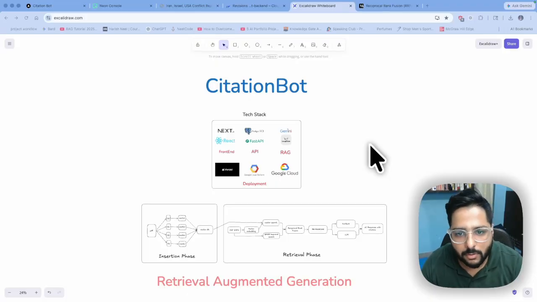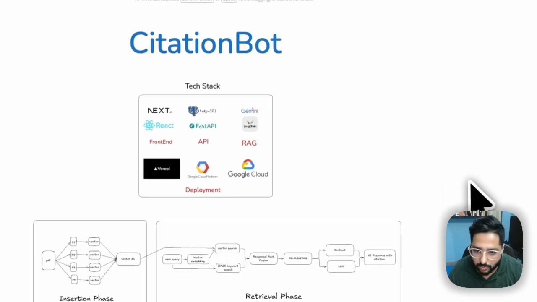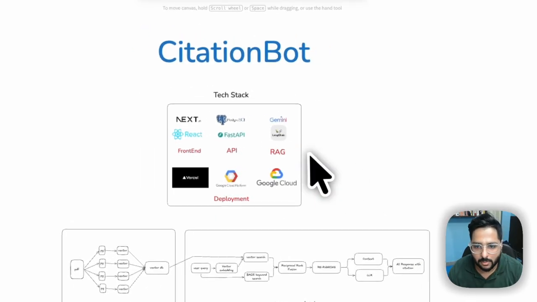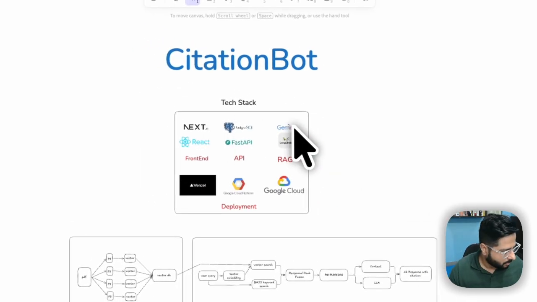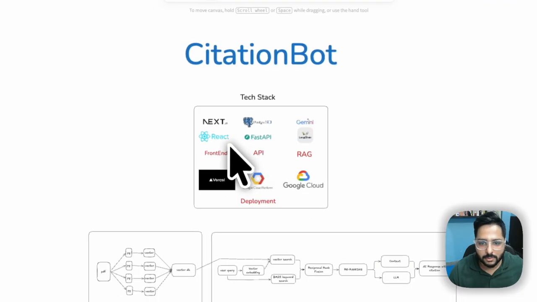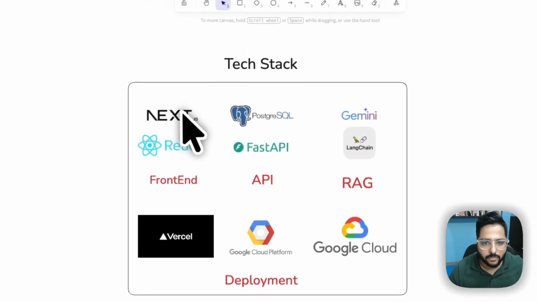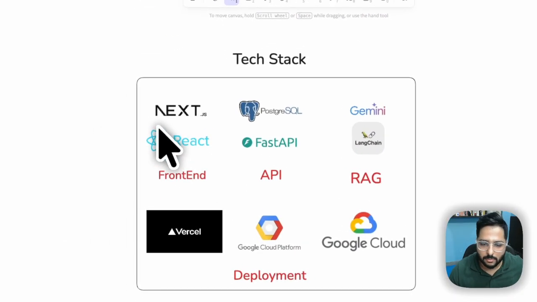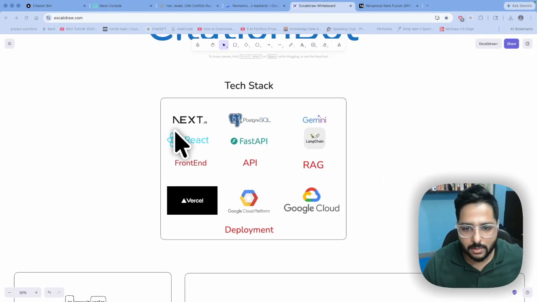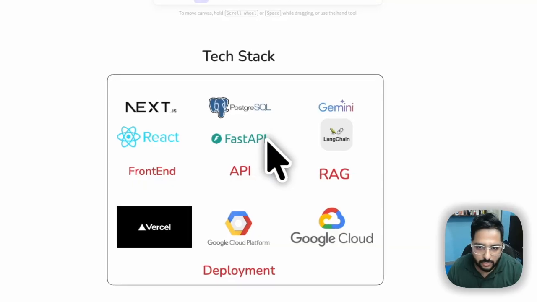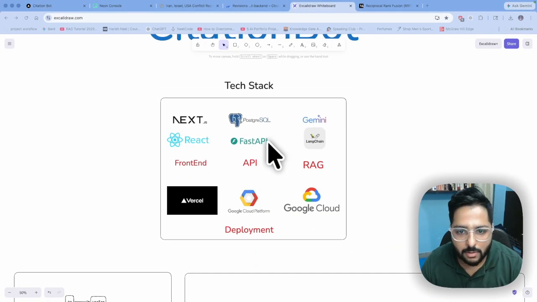Now we'll talk about what I have used to build this project. Let's start with the tech stack. For the front end, I have used Next.js and React. This is the basic industry standard way to build front end right now. For the API, I have used FastAPI, and for the database, I've used PostgreSQL.